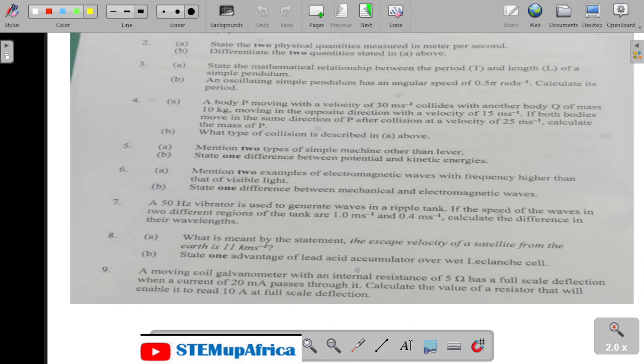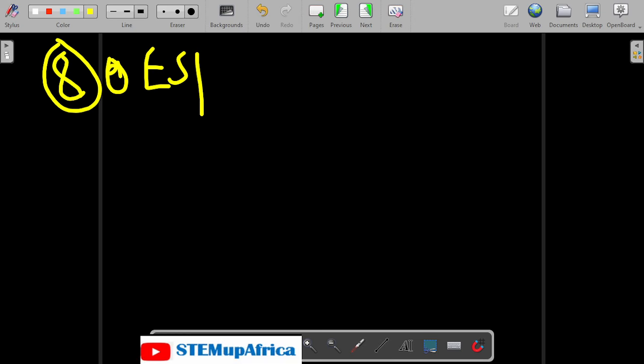So let's go to question 8. Question 8 is, what is meant by the statement, the escape velocity of a satellite from the Earth is 11 kilometers per second? So let's start by understanding what escape velocity is. It is the minimum velocity required by an object to escape or leave the gravitational pull. So how do we relate it to this statement that it is 11 kilometers per second? So I'm going to have it as number 8a. Escape velocity